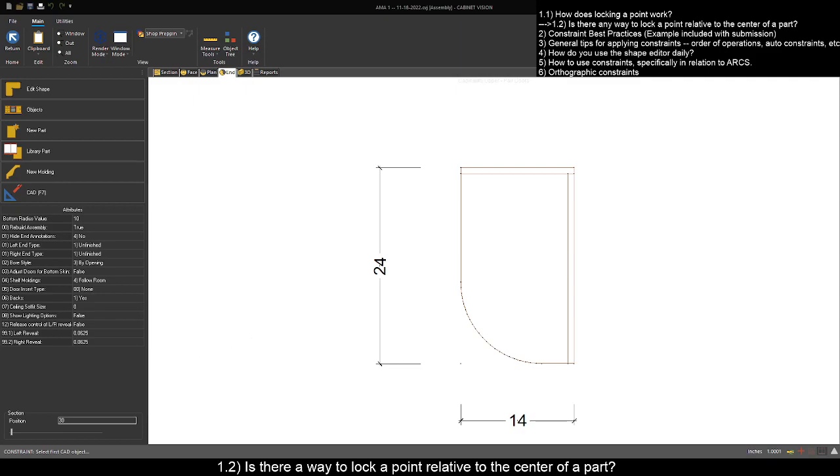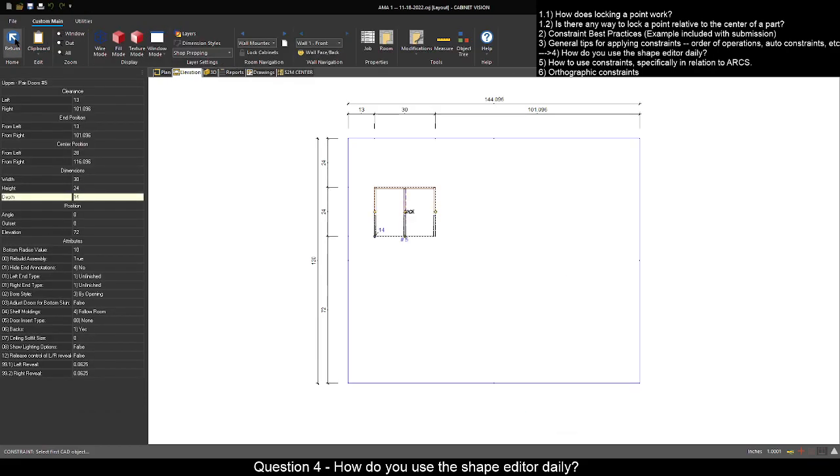And last but not least, just daily use. Somebody asked how to use the shape editor daily. I use it for so many things, truly. I use it for CAD layout for designs. As you saw earlier in my video here, I had,